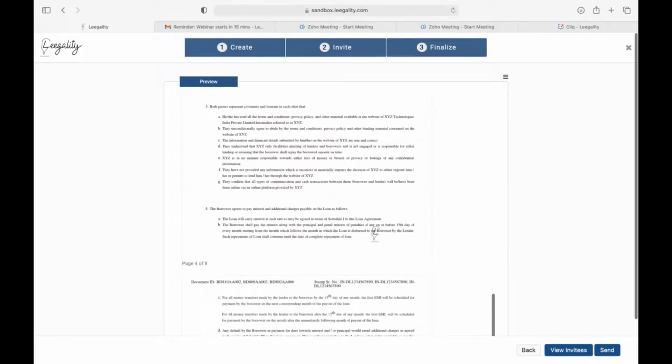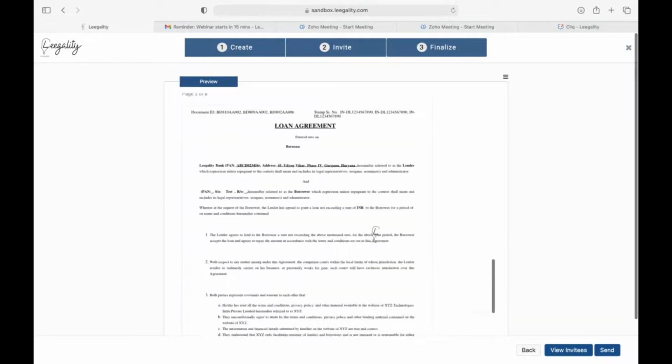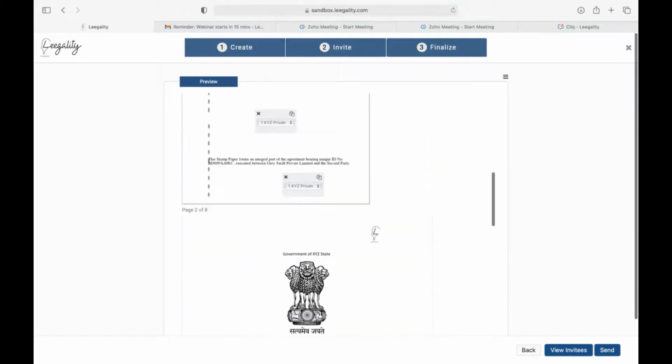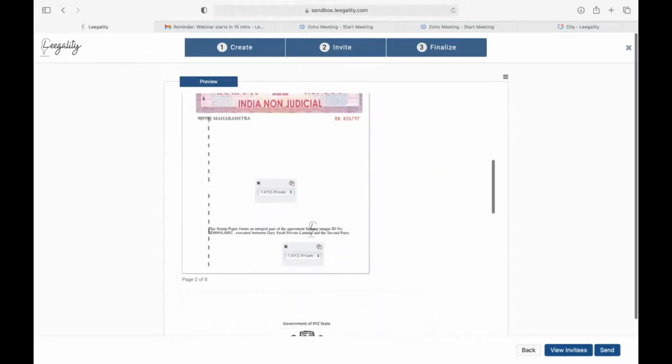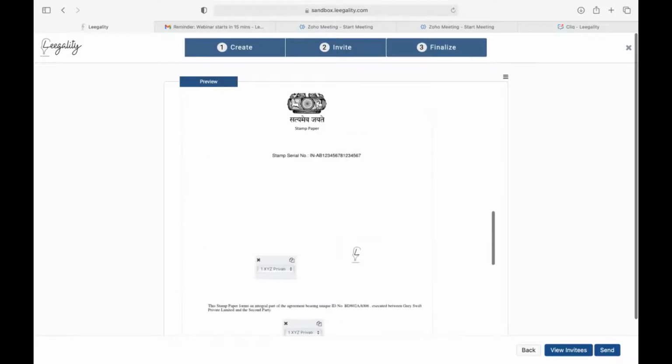This is a very important point from a legal compliance perspective, because stamp laws typically require you to ensure that a stamp paper forms an integral part of the document, and to ensure that there is no duplication. And it also requires you to print the document on the stamp paper. So that's exactly what we've done here. The stamp paper is a part of the document. We have a legend here. The legend appears on all stamp papers that are used.